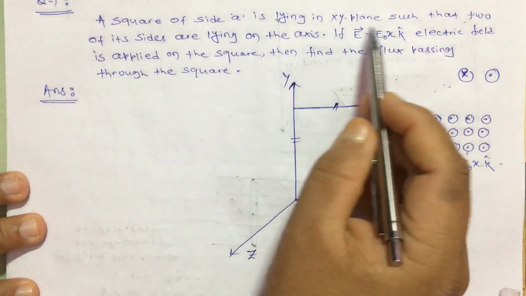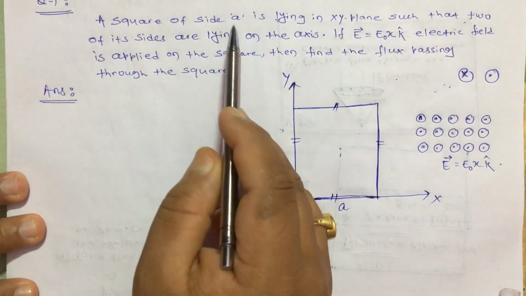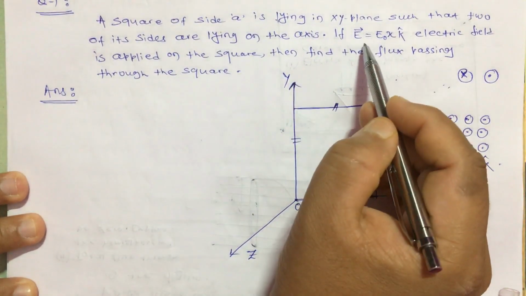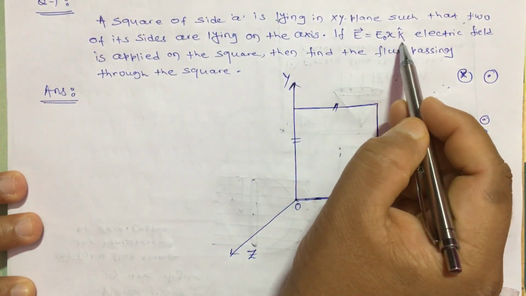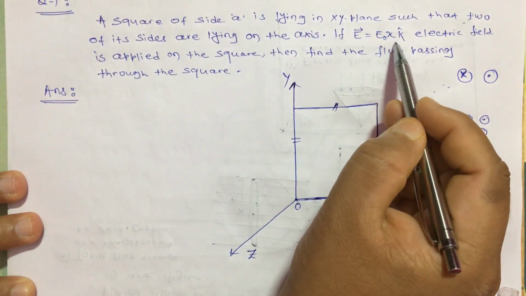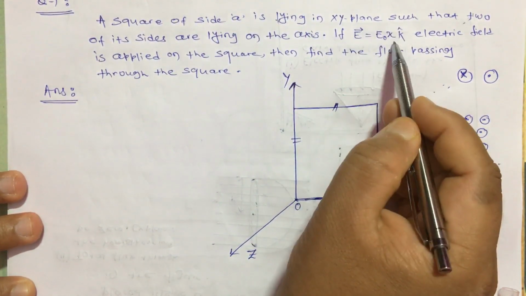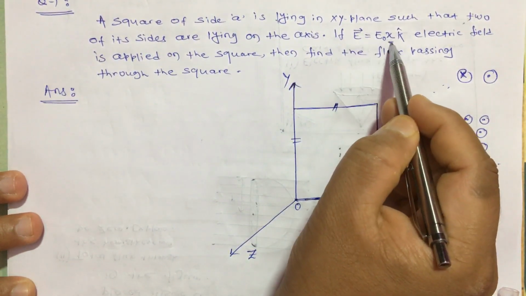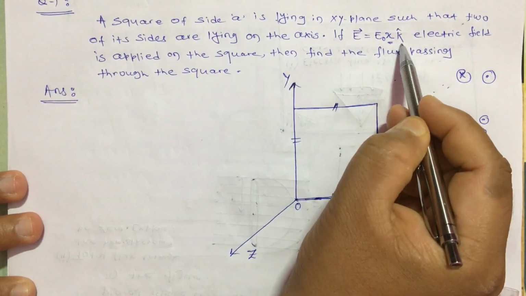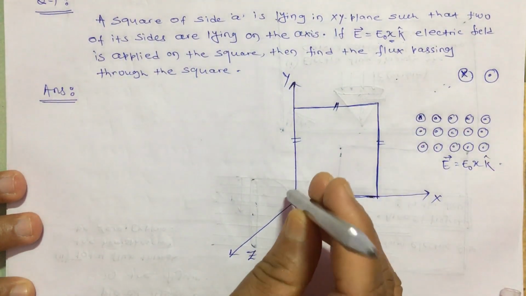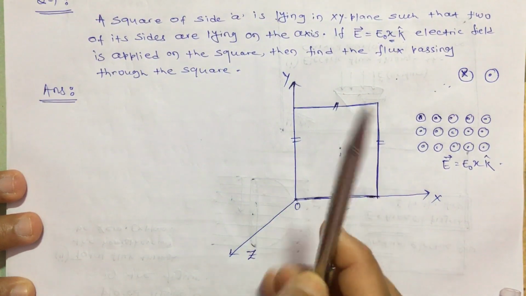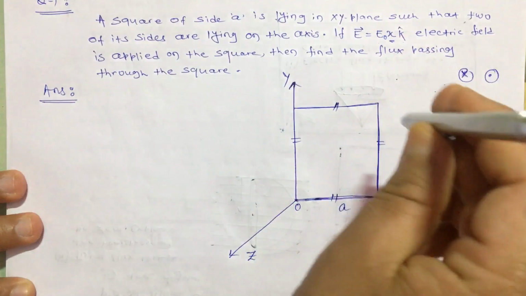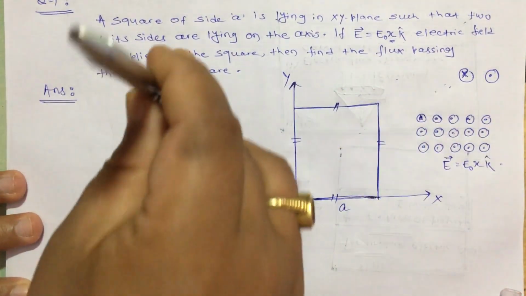So here there is an XY plane given, whose side is A as shown in this figure, and there is an electric field given by E vector equal to E naught x k cap. From the expression itself it is clear that the electric field is not constant, it depends upon the value of x. E naught is a constant, but the net electric field depends upon the value of x also, and the direction is k cap. In this diagram the z axis is coming outward, so in k cap direction means the electric field lines are like this. Okay, everywhere the electric field lines are coming outward to the paper.